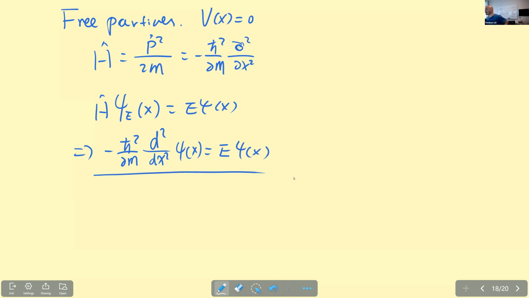That's a very simple differential equation, right? So the solution actually is extremely simple. So psi of x is just proportional to, or any function, let's look at a constant times e to the i